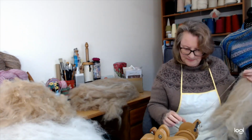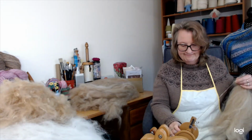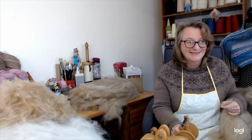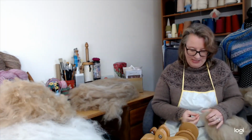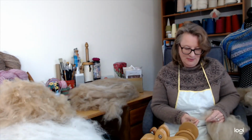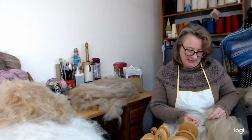At the moment, it's just looking like a light, kind of a light brown colour. Actually, if it stayed a nice light brown colour, maybe it would be light enough to use just as the main part of the body. And because it's got a little bit of colour in it, I could put stronger colours into the yoke for the contrast,